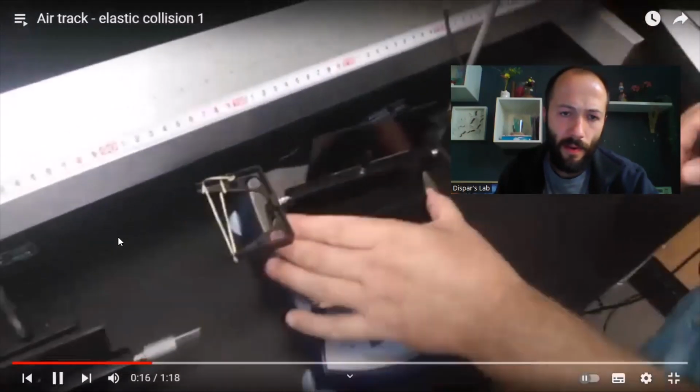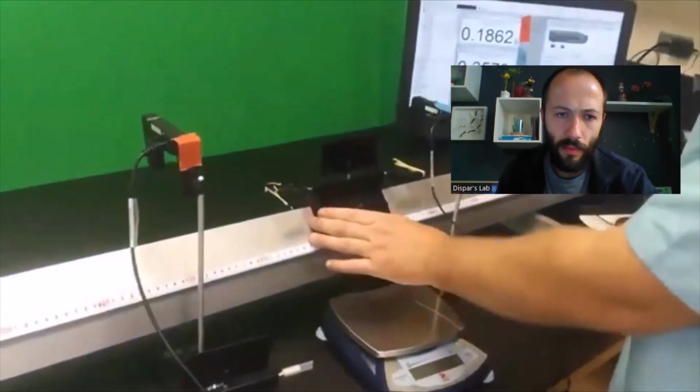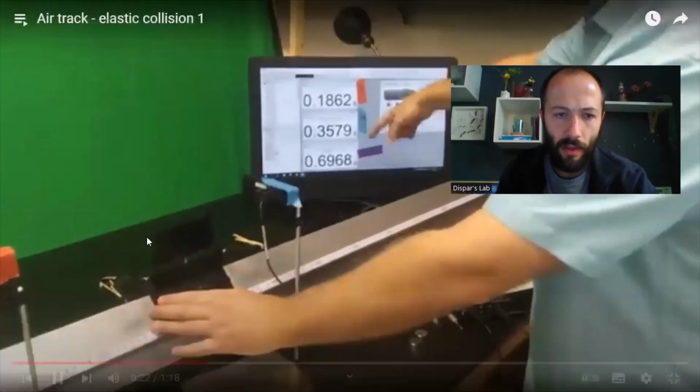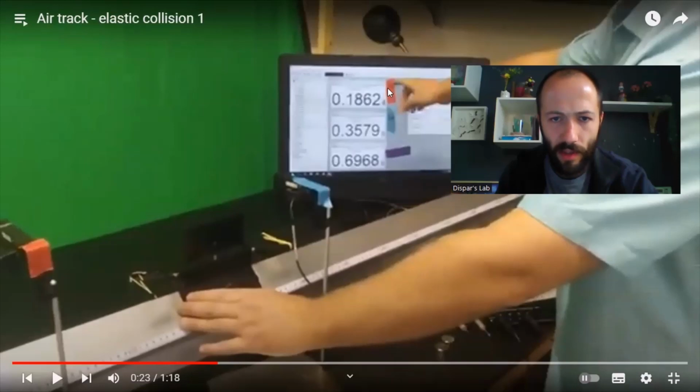The idea, when I put this up here, is actually a little bit of balancing. Be careful, you've got to watch the times. All right, so we've got photo gates. This one has a red tape, this one has a blue tape, and he put it on the screen as well. The red tape is this velocity, the blue tape is this velocity. Then the purple tape, I think it's like the difference. That's not really important. All we need is the red tape and the blue tape.